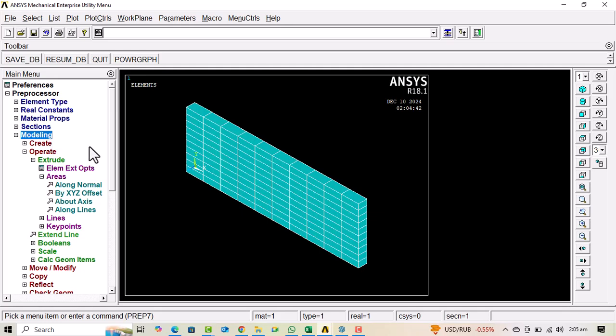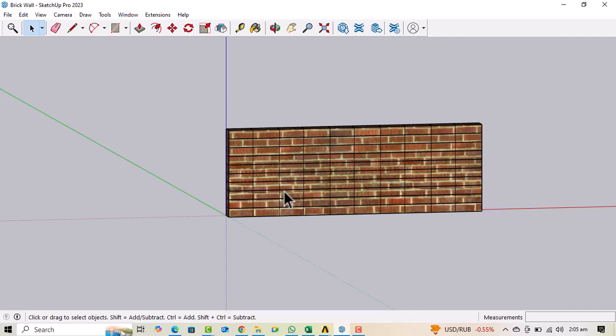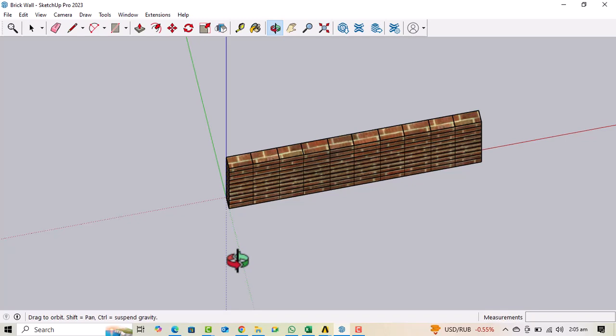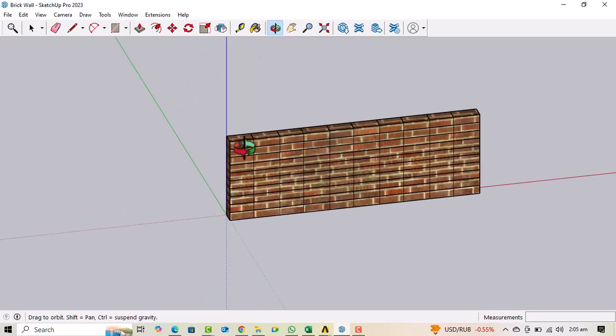So this was our video on how we model and mesh a brick masonry wall in ANSYS APDL. This is the same wall which I just created in SketchUp. You can see that this is the same wall I have made